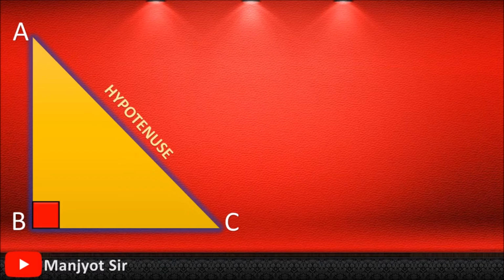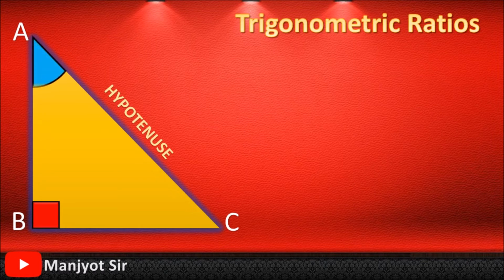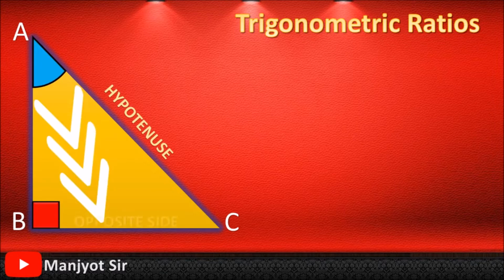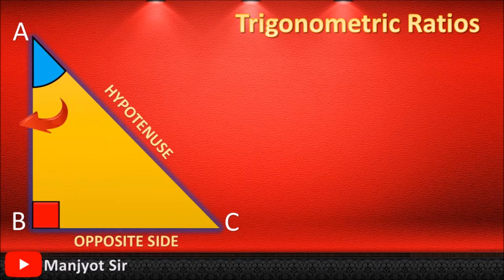So a right angle triangle has three angles: angle A, angle B and angle C, from which the side which is opposite to the right angle is called the hypotenuse, and the sides which we get from the other two angles are marked as opposite and adjacent. See, now if we mark angle A again, for this angle A, we just saw the opposite side is BC and the adjacent side is AB. Now let's understand from this opposite, adjacent and hypotenuse, how we can get trigonometric ratios.